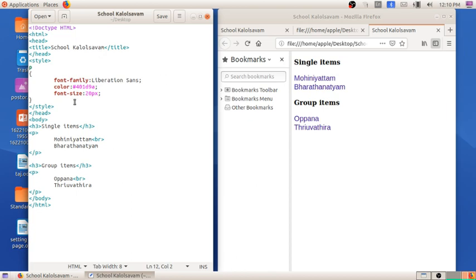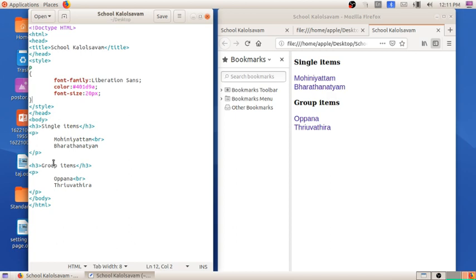Here you can see we have applied the font family Liberation Sans, and color also we have given, #401D9A, it is blue color. So you can see for the single items and for group items it is reflected together. No need of repetitions and no need of writing the attributes individually for the single items and group items.